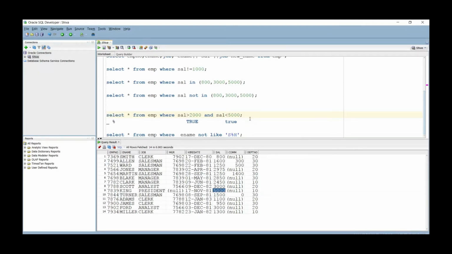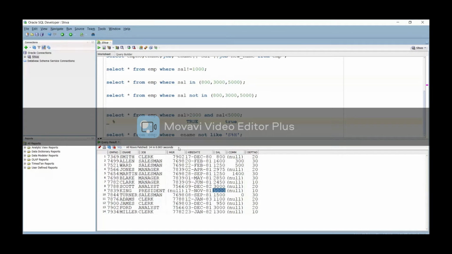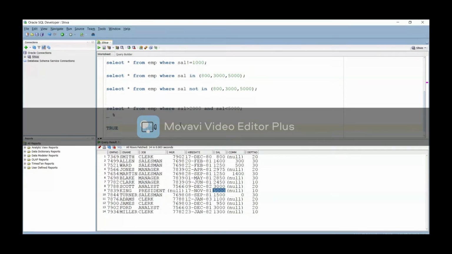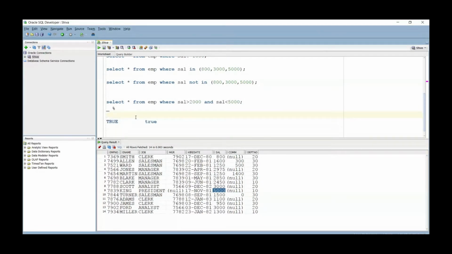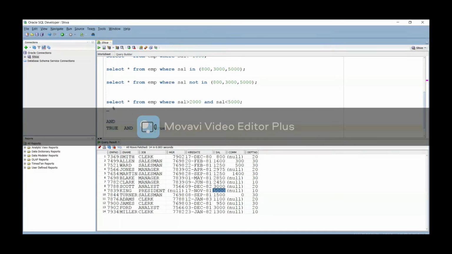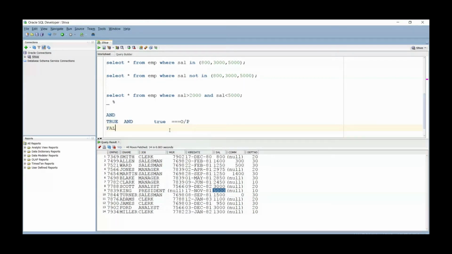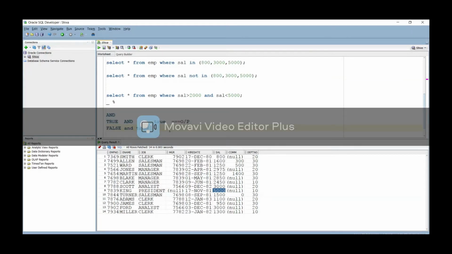So while working with the operators, we have two things to keep in mind. If you are dealing with the AND operator, if you are writing any number of conditions, true and true, you will get the output. True and false, no output. False and true, no output.